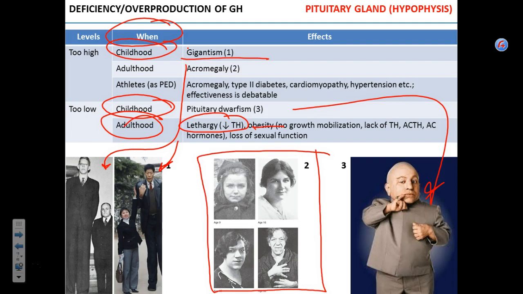Excess of growth hormone in adulthood leads to the condition known as acromegaly. You can see the progression of the disease in these pictures. If you can't read the age, 9, 16, well, I can't read the bottom ones either because I just crossed them. 33, 52. So you can see as the person grows,